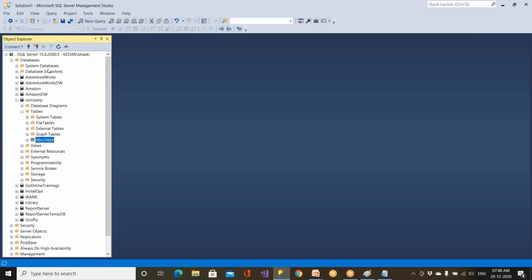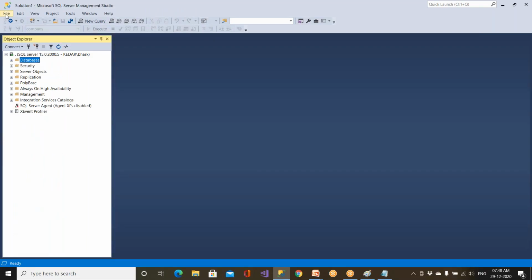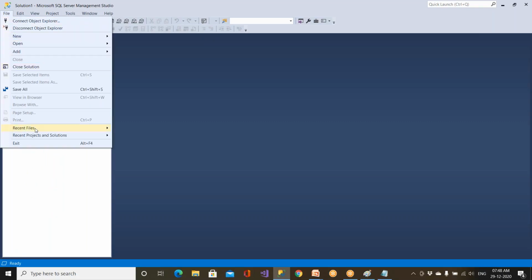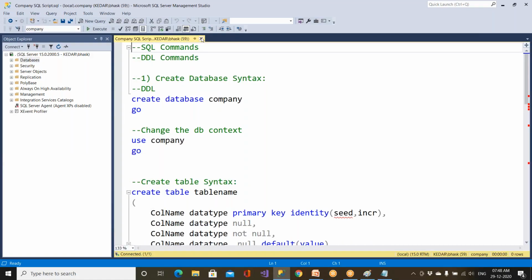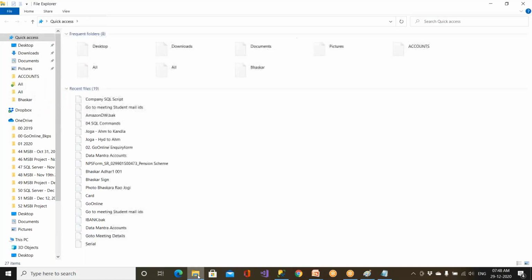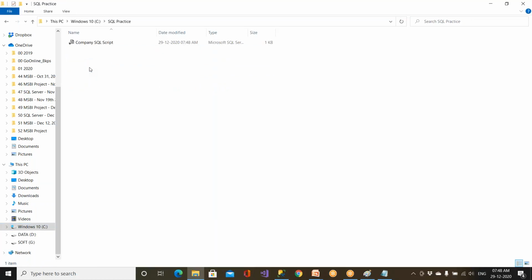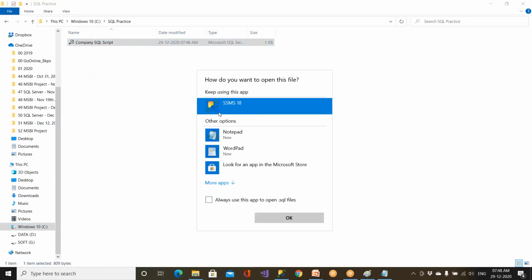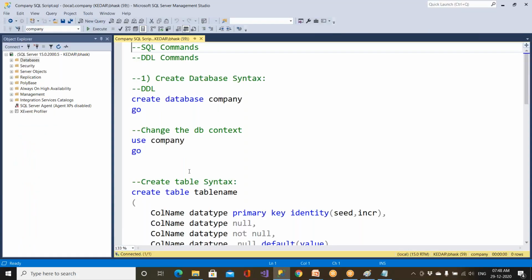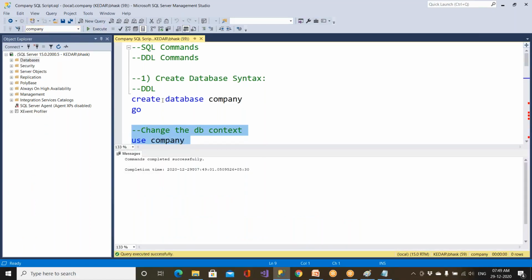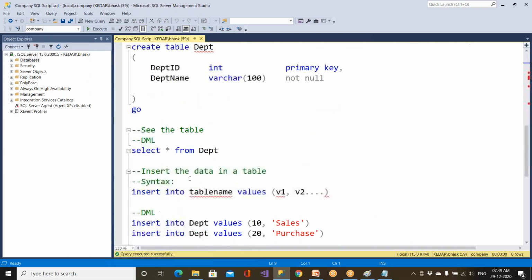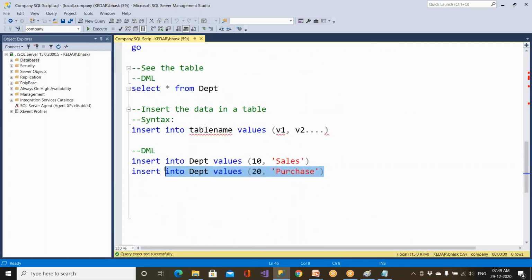You can close, and if you want to get that file tomorrow, you can go to File, Recent Files. So this is the file, and it will open. Or you can close this and go to C drive. This is the SQL file, right? Double click on this and you can open it. It will say always use this app. Yes, this is a SQL file. Double click on this and the file will get opened. Clear? Always come and execute this, and you're pointing to company. So this is the code I have written today. Tomorrow I can continue further in this line.